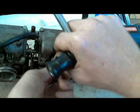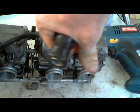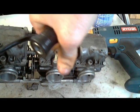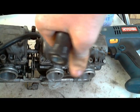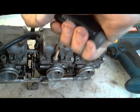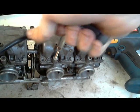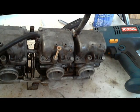This one's a little bit longer, so it might be a little bit harder to keep it straight, but it's a newer screw. So I'm pushing and turning. It's grabbing brass. Pushing and turning. It's grabbing brass. All right. Right, so that is tight now. So now what I'm going to do